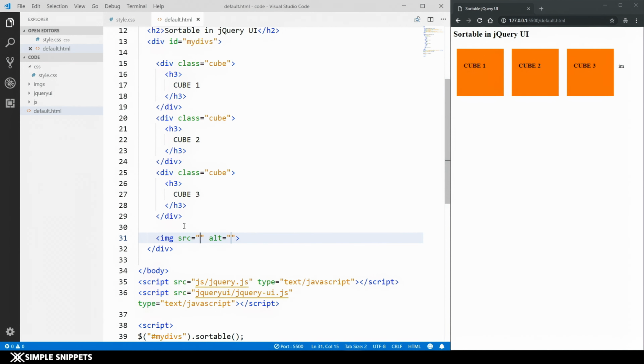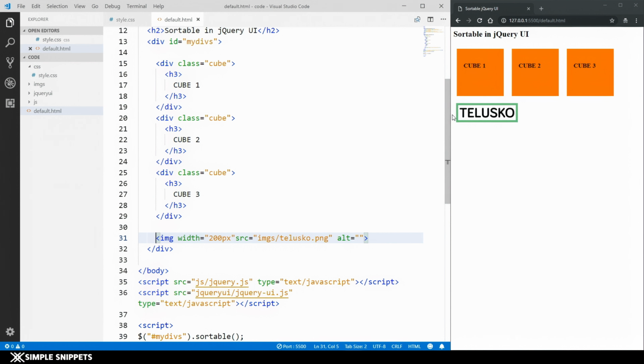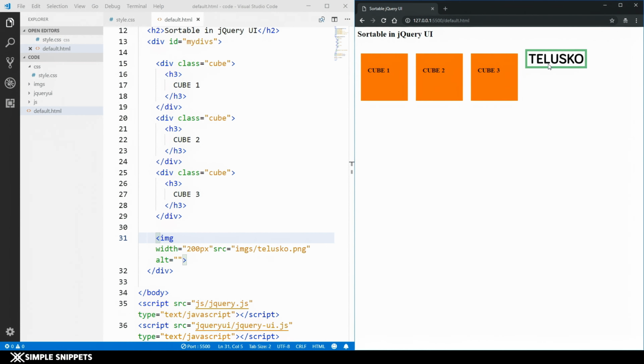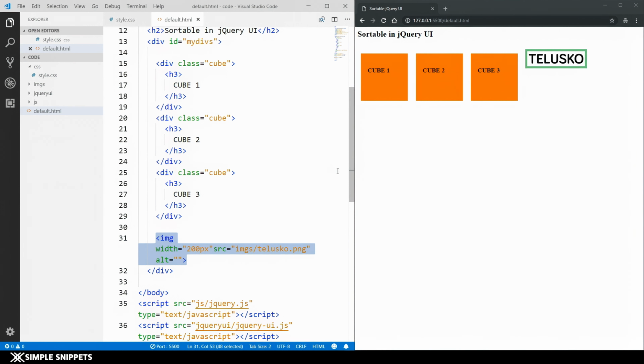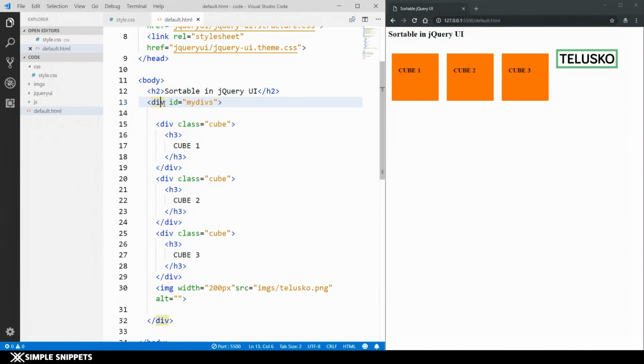I can say img. src can be images folder and telescope image, and right now it is a very huge image, so let's change the width to 200 pixel and it's coming below. Let's see if it comes side by side. There you go. Now you can see I've added this image, and this image is also inside this parent division